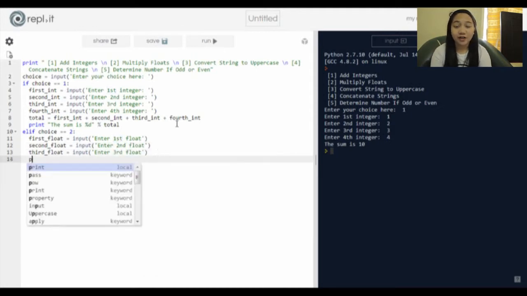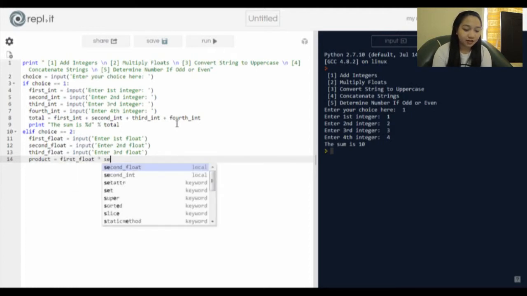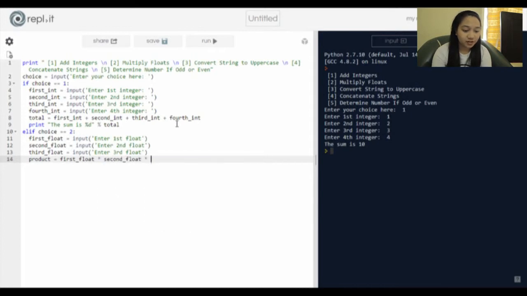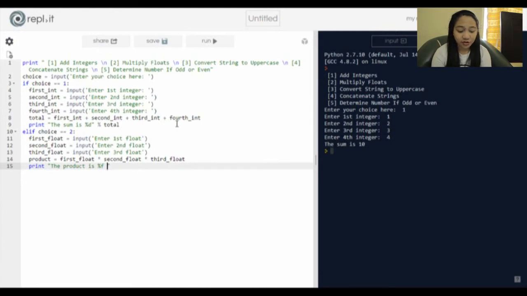After all floats are asked, we make a new variable called product equals first float times second float times third float, and then print the product is modulo f for the float, so it will show in decimal form,